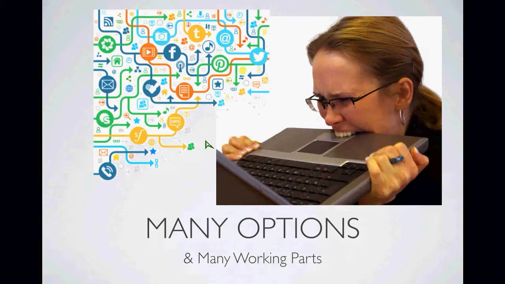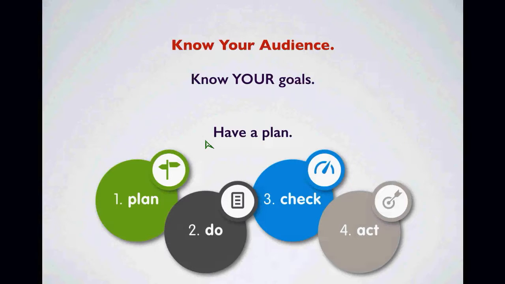So you might say, oh, I'm a member of NABO. Well, then if there's a NABO forum somewhere or a private group, that might be something that you want to spend time doing, because you want to magnify your in-person networking. You want to take that to the next level. You can stay in front of people all the time if you're connecting with them once a week or a few times a month online. So there are many working parts, but don't let that frustrate you. I love this picture because I feel like it captures some of our frustration as we're doing different things on our laptops, and yeah, really funny.